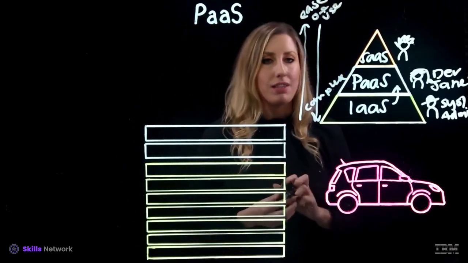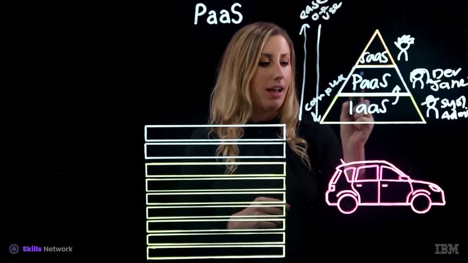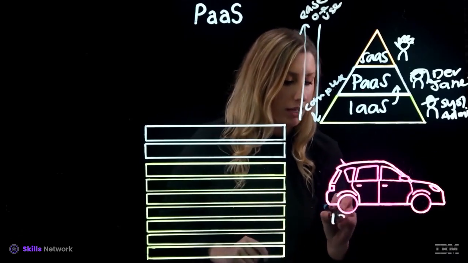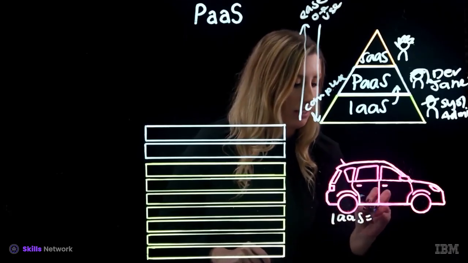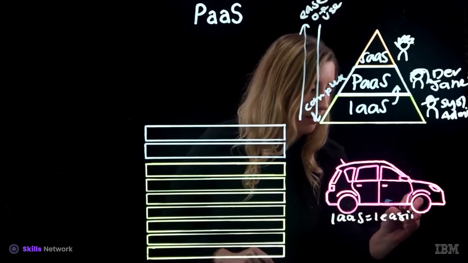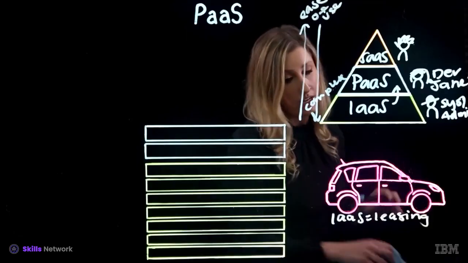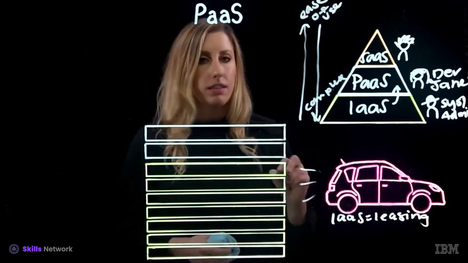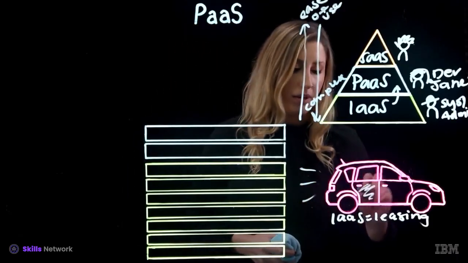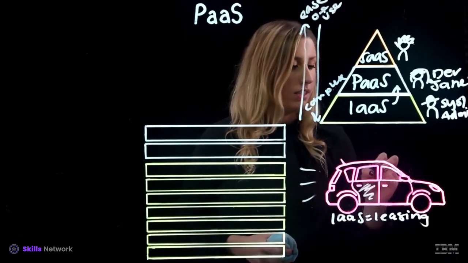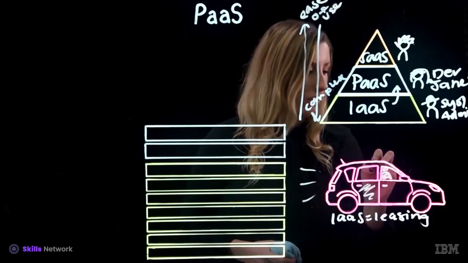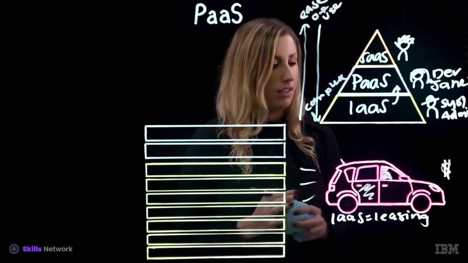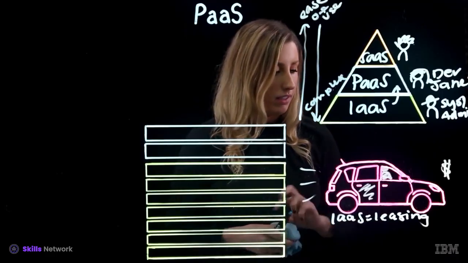Another metaphor I use when I'm talking to the designers on my team about PaaS is having to do with a car. So in this metaphor, IaaS is like leasing a car. If you've ever leased a car, you probably did a lot of research and you care about the specs of the car and their performance. You care about the color of the car, what kind of car it is. And you're the one driving, and you're paying for it. You're also paying for the gas and any tolls or maintenance.